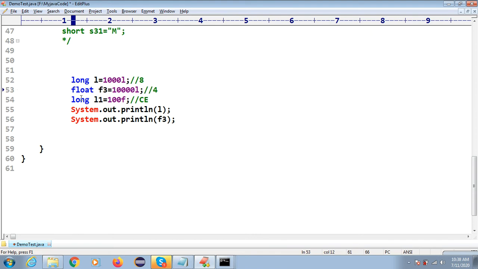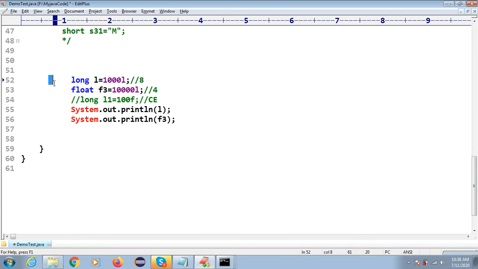This type of question will be there in your written exam. Here long is 8 bytes, and float is 4 bytes, we already know. The exception is here: I'm going to store a long type, and that is fine. Whatever we have learned, as per the size of the data type, we are going to store the value. So long has 8 bytes, and I store these 8 bytes.